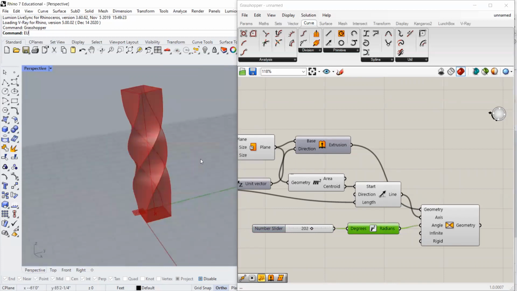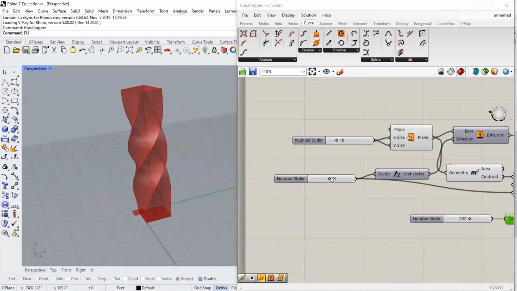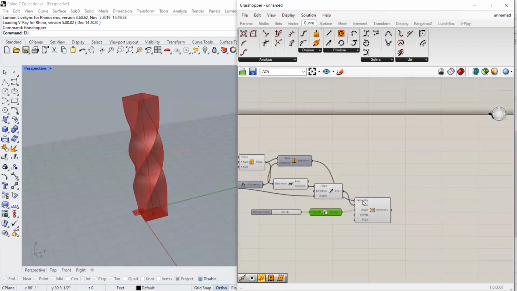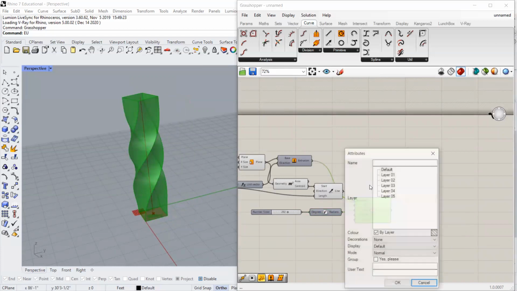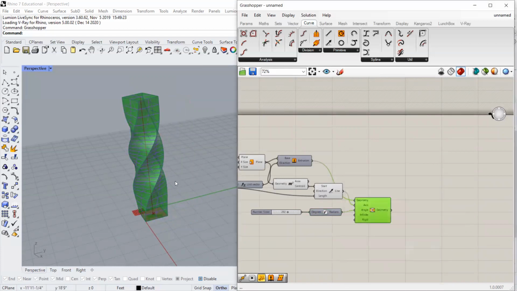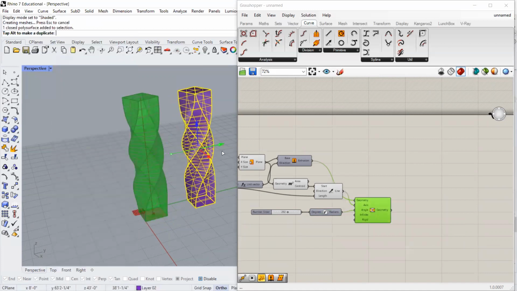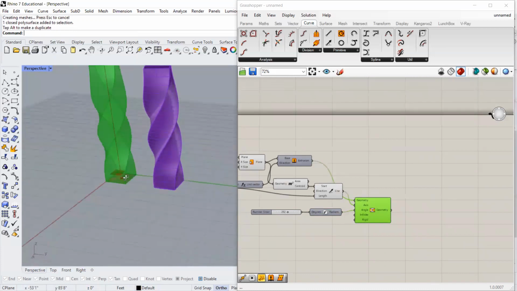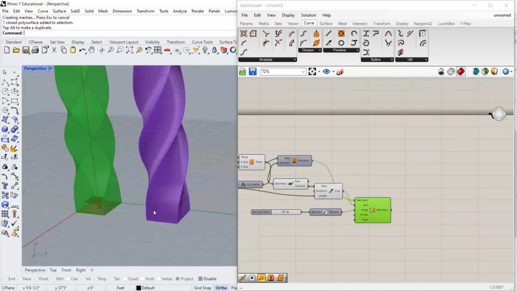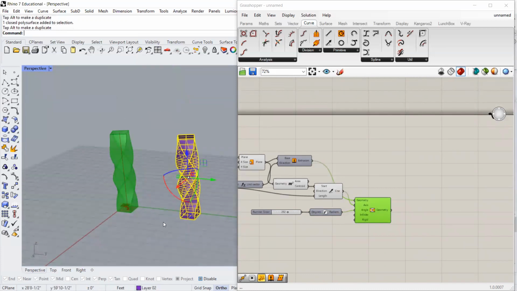But I can play with that as I want. As with everything in Rhino, if I change or adjust this, it just shifts with that surface, with that tower. So this might be exactly what you want. You might come in here, bake this and say, ta-da, I have the tower that I wanted. That's exactly what I want, this kind of surface. And maybe that's it. Maybe that's the end of your